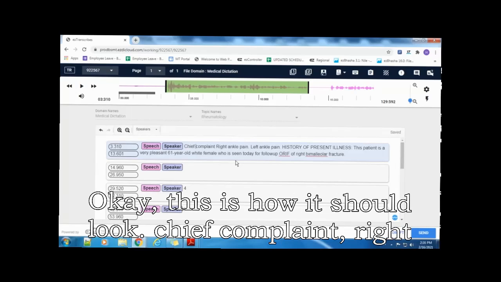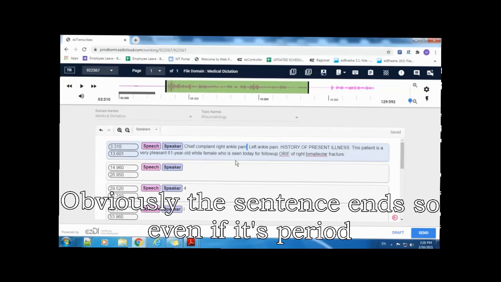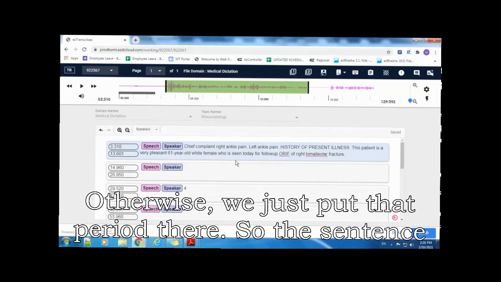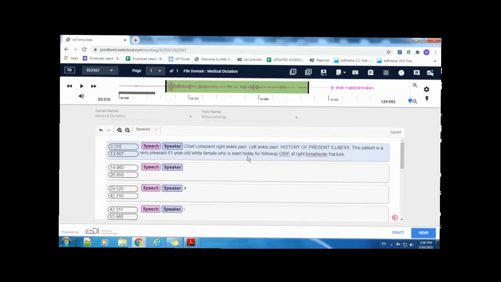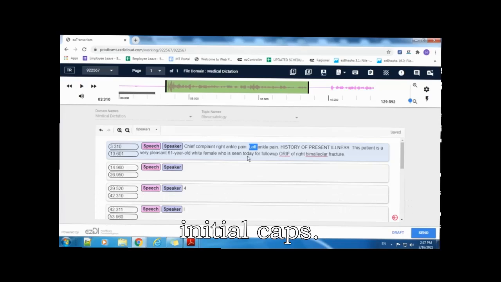Okay, this is how it should look. Chief complaint, right ankle pain. Obviously the sentence ends, so even if the period is spoken, then there will be a different way to do it. Otherwise you just put a period there. So the sentence should be a run-on sentence with obviously logical pauses and grammar that has to be used. If it is the beginning of the sentence, initial caps.